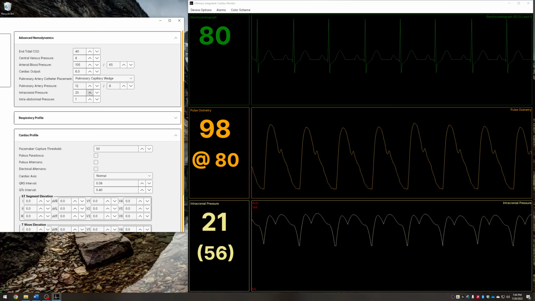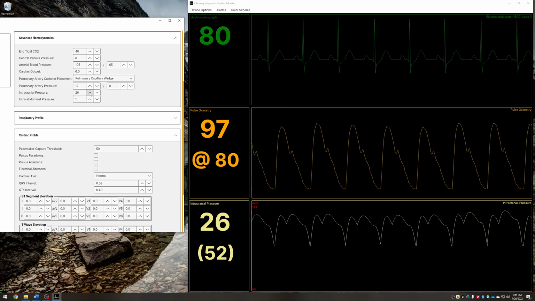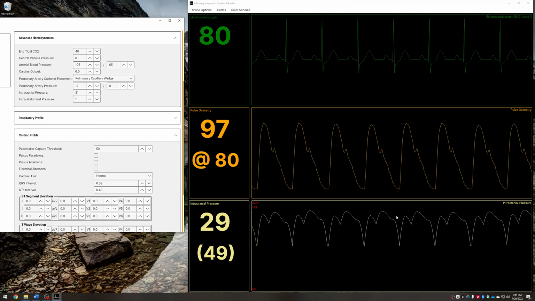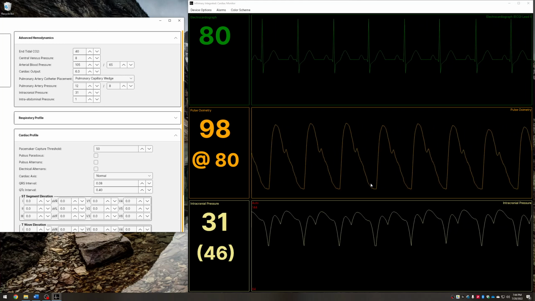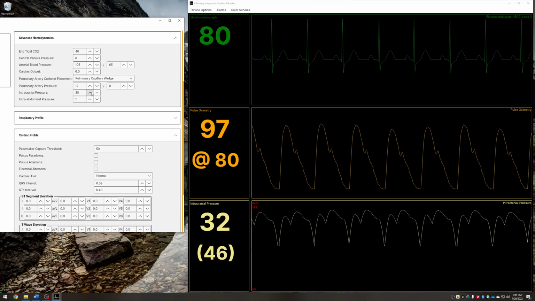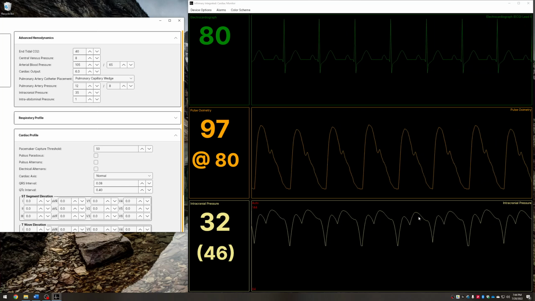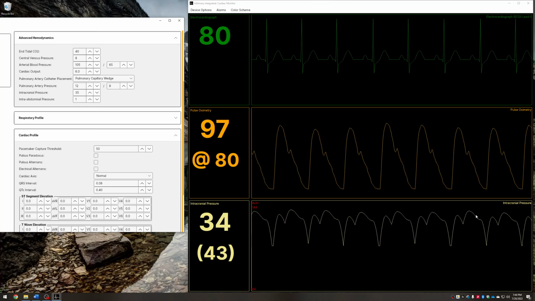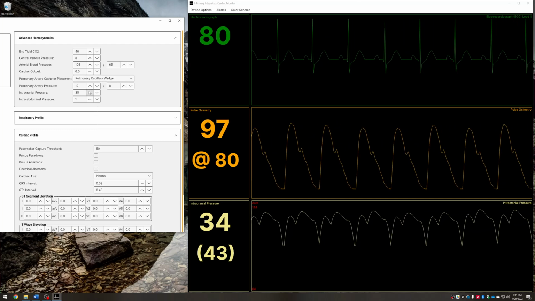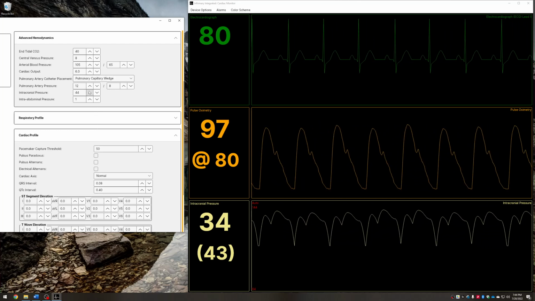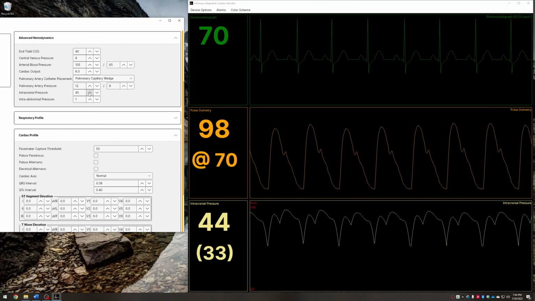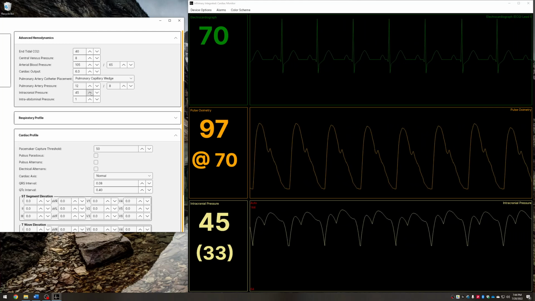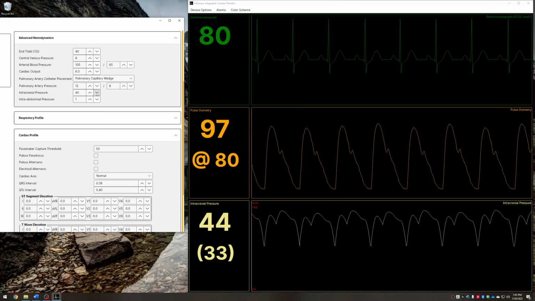I've already started to see the waveform alter a little bit. And as I increase it, you start to see some of the peaks and valleys kind of not get so far from each other. So it's a bit of a hard thing to see on the moving tracing, but I did see it as I was adjusting a little earlier,